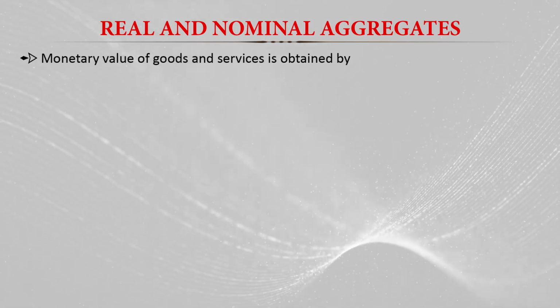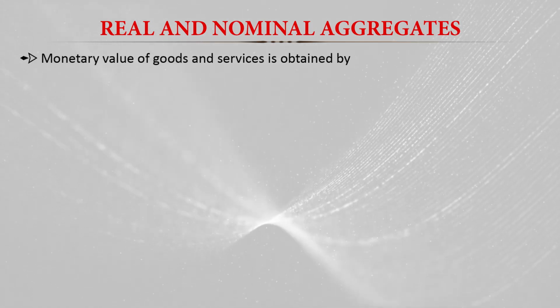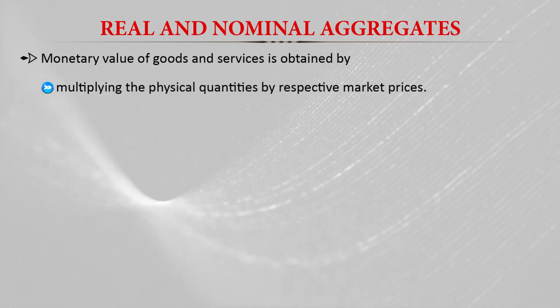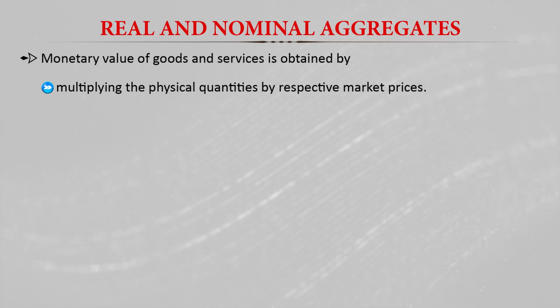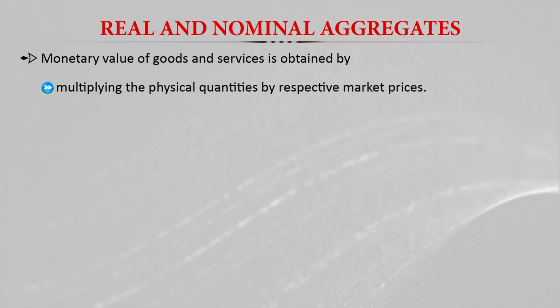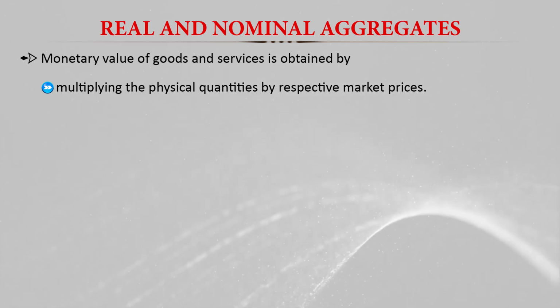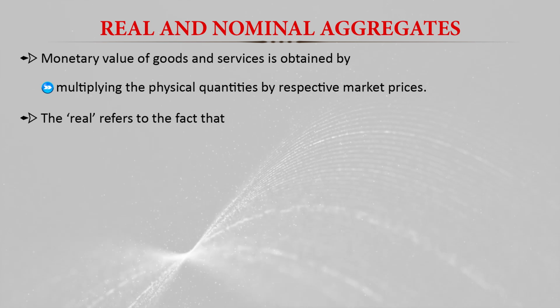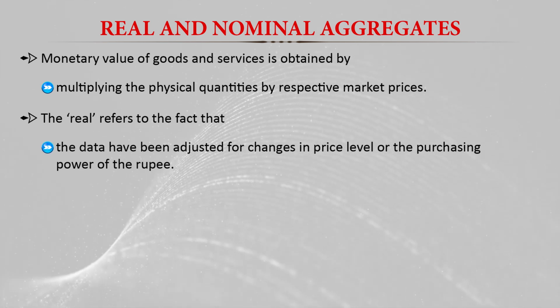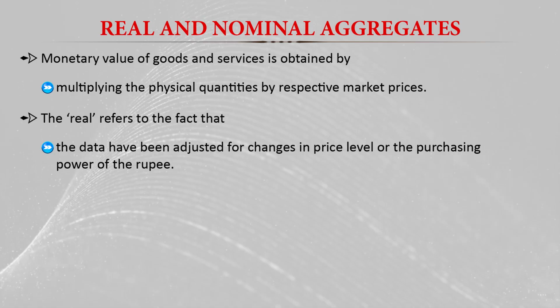Then another aspect in measuring the aggregate output is real or nominal aggregates. The monetary value of the goods and services is obtained by multiplying the physical quantity by respective market prices. So then we get the monetary value of these goods and services, or we can say the national income. And real refers to the fact that the data have been adjusted for the changes in the price level